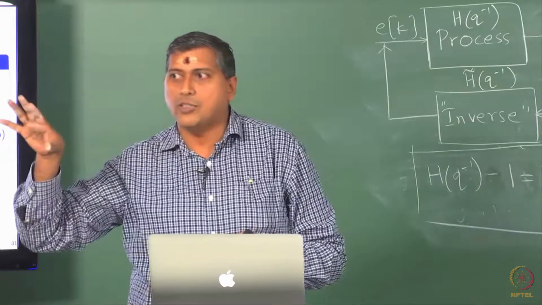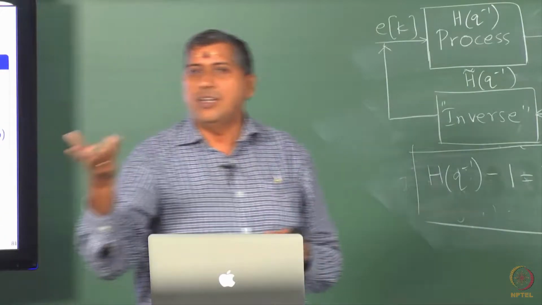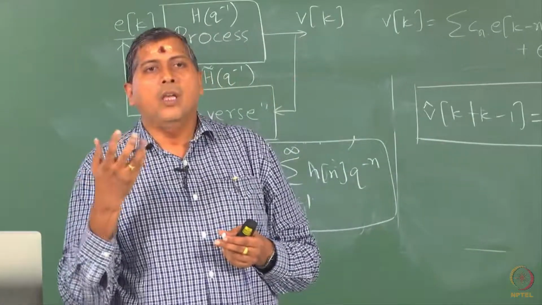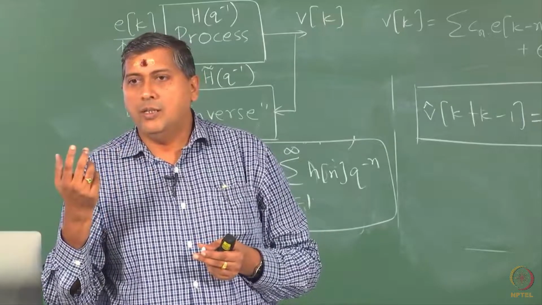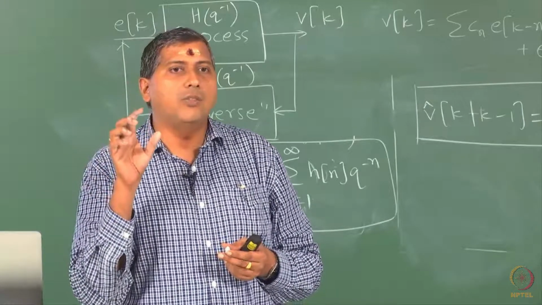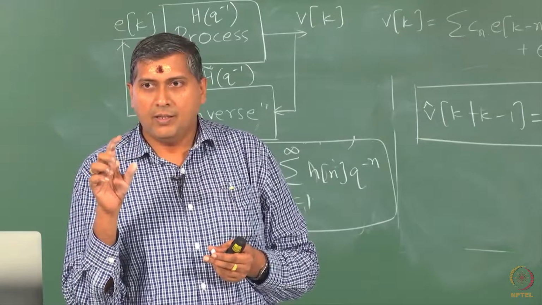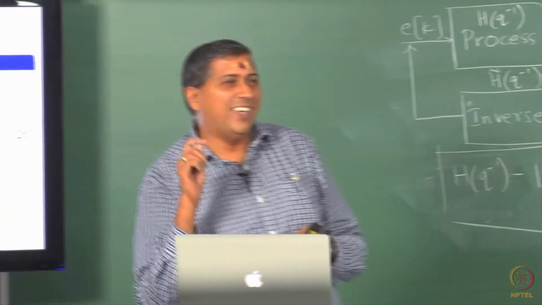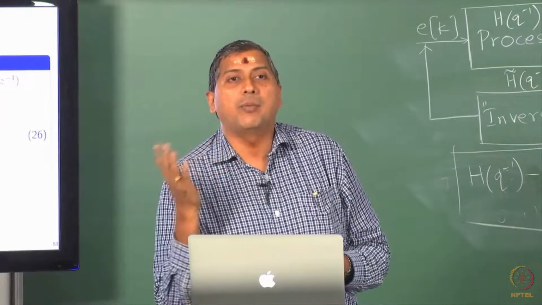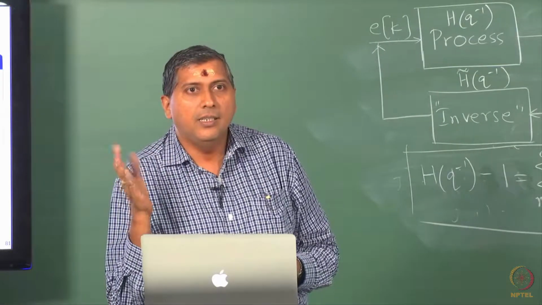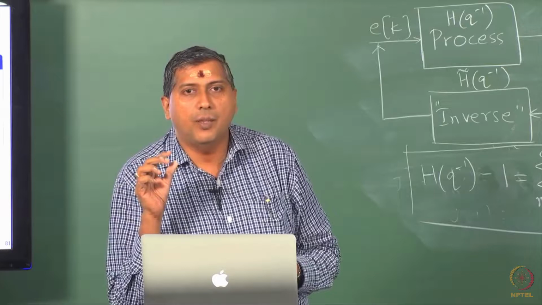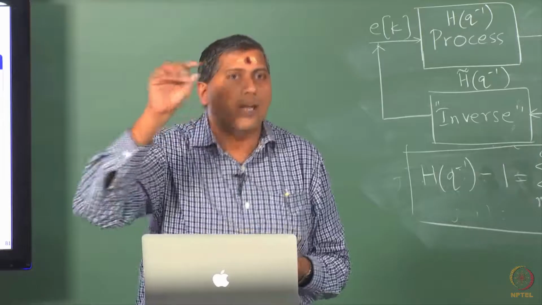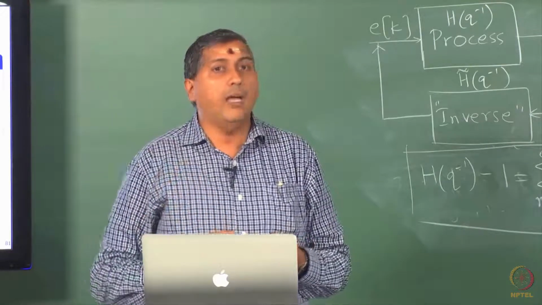But if you say roots of H of Z inverse, there is a choice that you can make whether you are expressing the roots in terms of Z inverse or Z. If you take for example the book by Shumway and Stoffer, they do not talk of Z inverse or Z, they use this backward operator B. Okay, I find that convention a bit backward. So, I use Q inverse, but some other textbooks use L for a lag operator. Straight away they specify in terms of the B or the L, which would amount to saying in terms of Z inverse, and therefore the conditions would read that the roots have to be outside the unit circle.